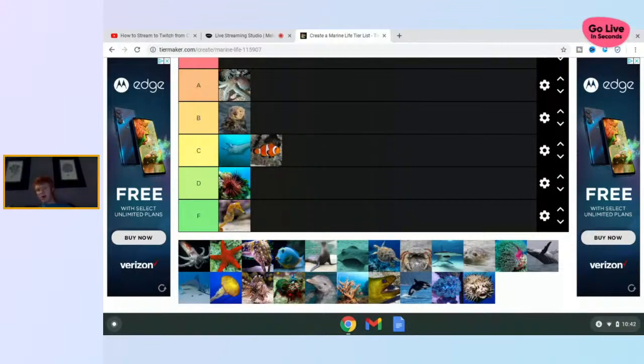Bro, what? Nah. Peyton, what do you think that the clownfish should be? Well, what tier, what level do you think a clownfish should be? D tier? No, that ability is too good to miss. Too good to pass up. So, hmm,